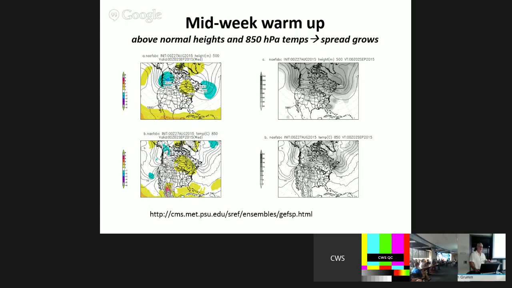But now, if we go to midweek, this is valid out Tuesday evening, and you can see the ridge kind of moves up over us. Maybe there's some hint of what the tropical storm is, and we finally get a warm anomaly over us.